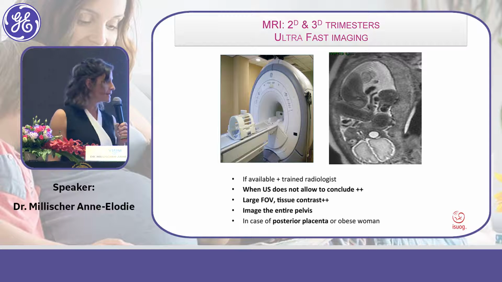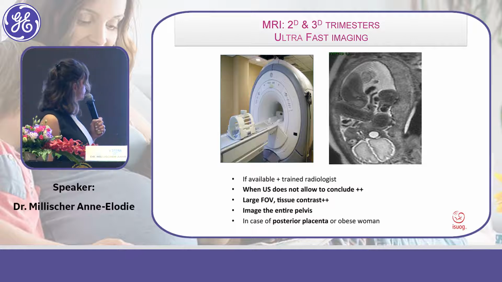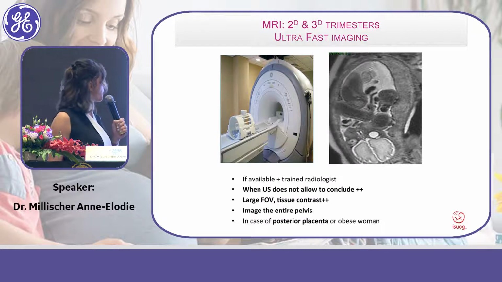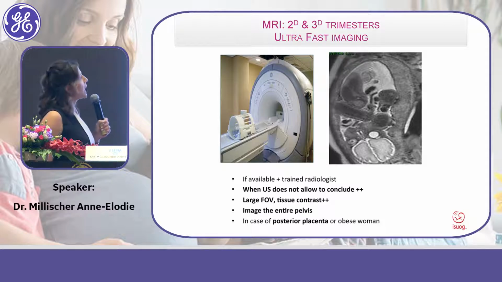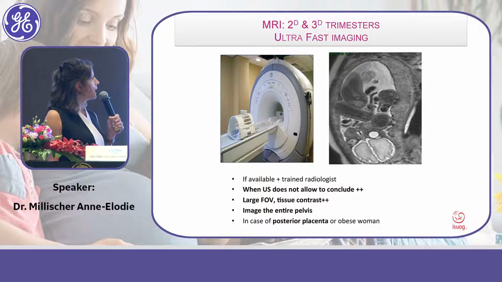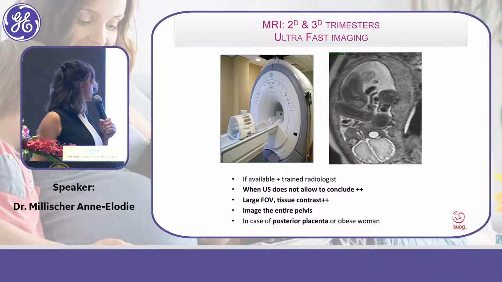Placental MRI is currently more frequently performed. Bây giờ người ta bắt đầu dùng nhiều MRI để đánh giá cái bánh nhau. The most important advantage of the MRI for placenta is that it provides a very large field of view. So it will be useful, namely for the posterior placenta, as you can see here. Cái đặc điểm khá tốt của MRI là nó có một cái trường khảo sát khá là rộng, cho nên các bạn có thể nhìn được toàn bộ của một cái bánh nhau trên một cái mặt cắt.